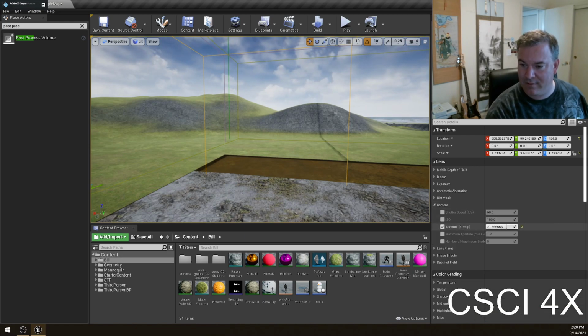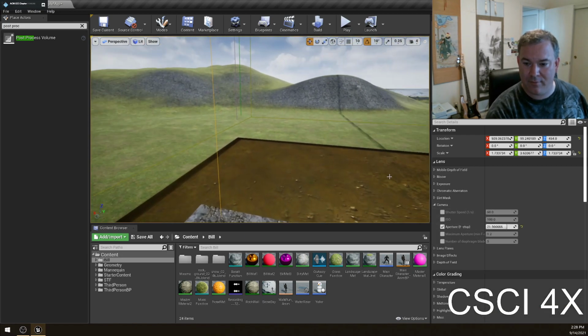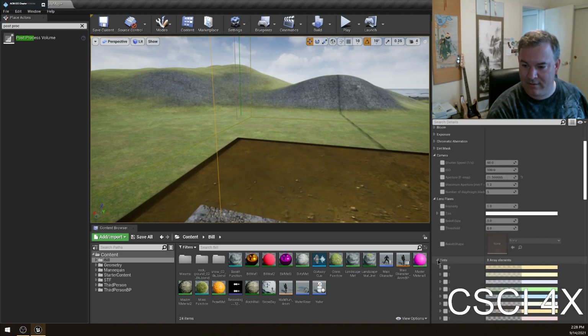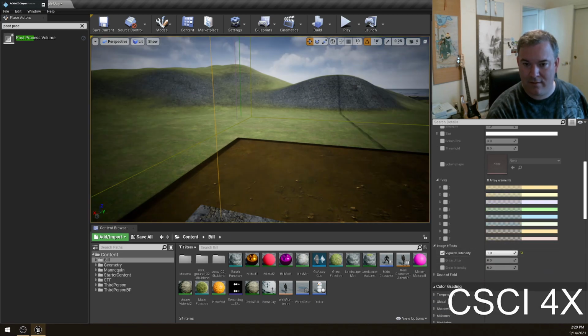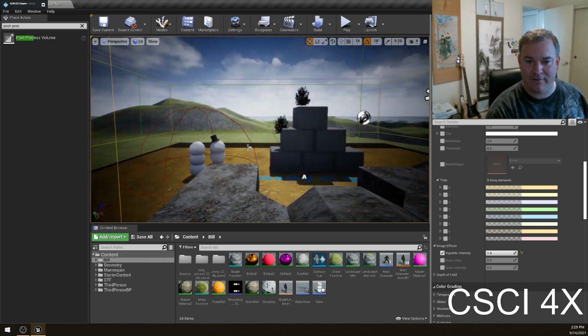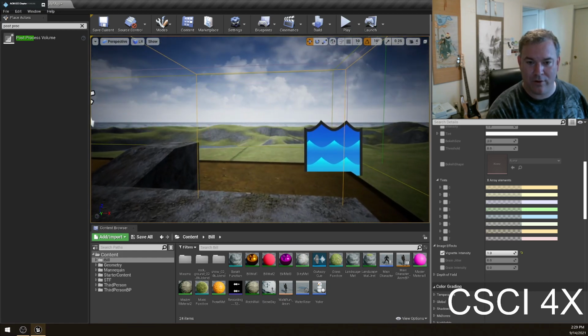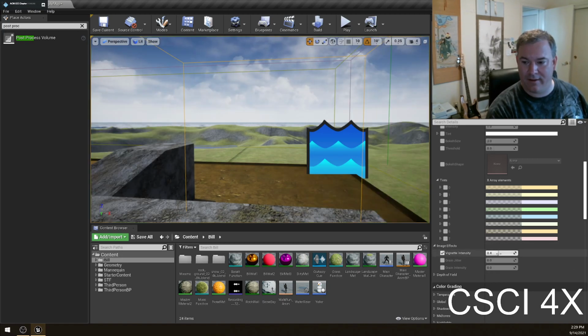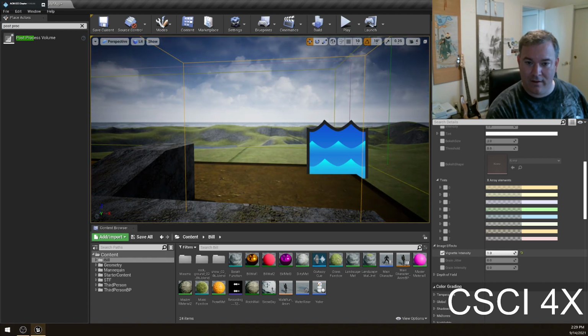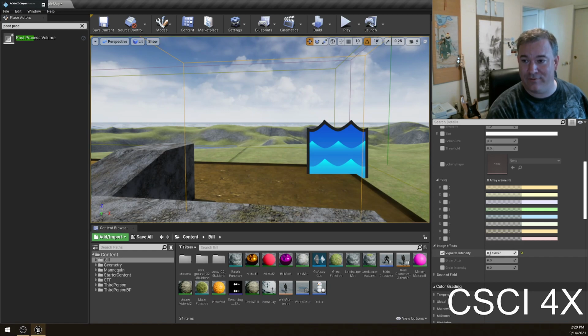camera aperture. Is it? Maybe it's not previewing. I'd have that turned off. Tinting, image effects, vignette. Yeah, okay, there it is on. Yeah, so vignette means that the corners of the screen go black, and the center of the screen is left untouched. And so you can add a vignette effect, and that's actually very useful when you're underwater, because it kind of, especially like if you do something cool, like the more you hold your breath,